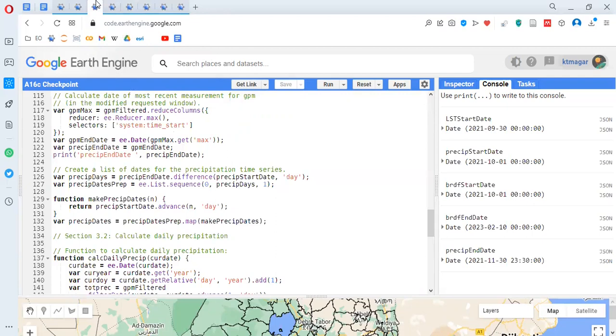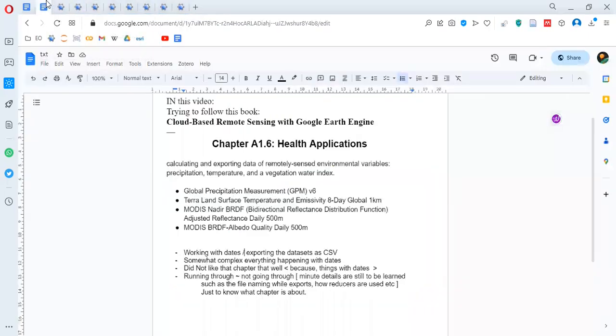But it happens that when you try to do the mean of the images, we directly jump in doing that. However, there are so many things we can learn from this chapter, and